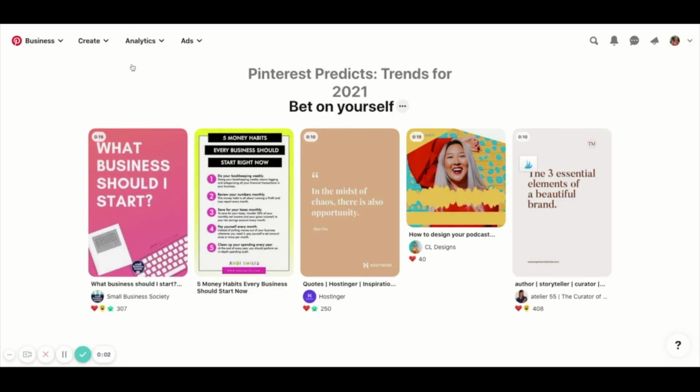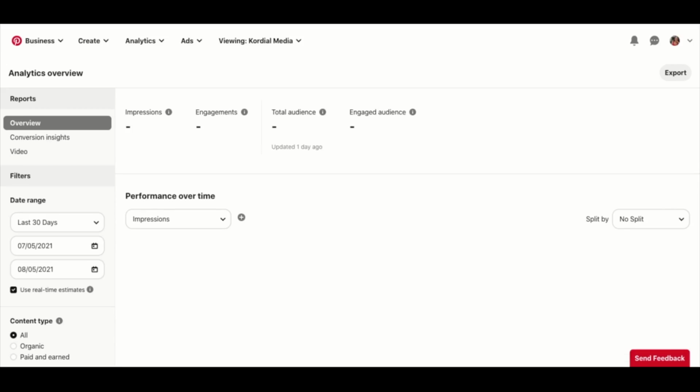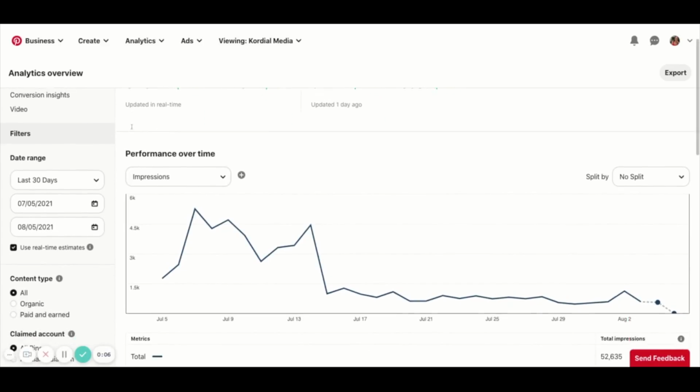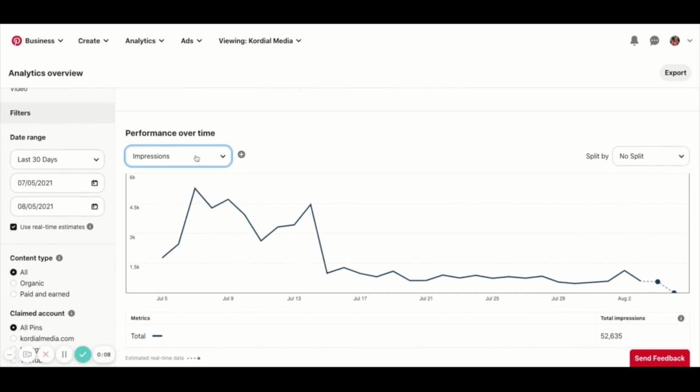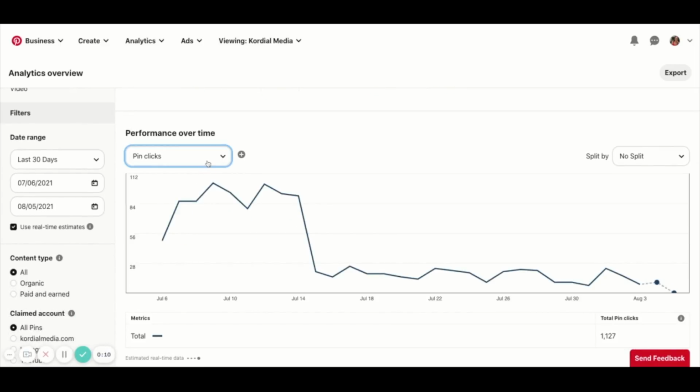Of course, if I'm using Google Analytics as a tool, I cannot go without using Pinterest Analytics too. I love the Pinterest Analytics to let me know what's going on with the content on the platform at the moment. So Pinterest Analytics is great to let you know which pins are performing for you, which pins are giving you success on Pinterest, and what type of content is resonating with your Pinterest audience the most on the platform. So if you really do need a deep dive to understand the nitty-gritty of how to use Pinterest Analytics and Google Analytics, you can check out my video on Pinterest Analytics tips in the description box below as well.